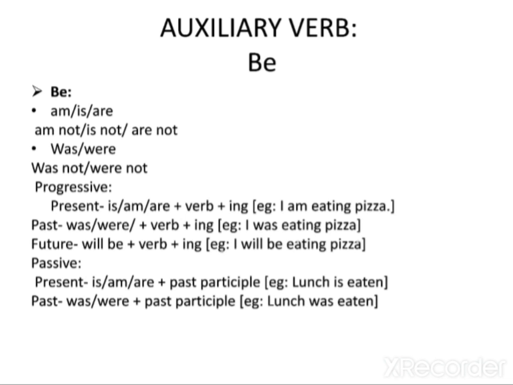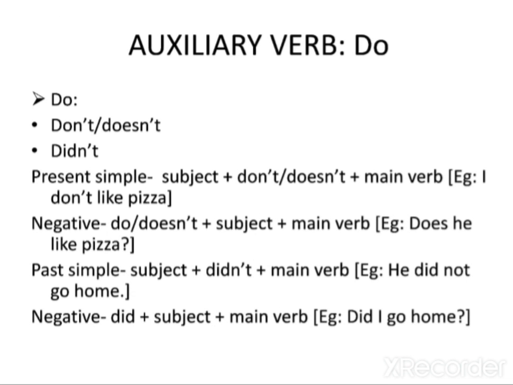So the next one is the auxiliary verb do. Now this one is interesting because we only use it in the negative form, in the simple present, or we use it in the negative simple past. So we don't have to worry about the positive, but we do use it for the negative in the simple present and the negative in the past. And for questions, so let's check out first the simple present.